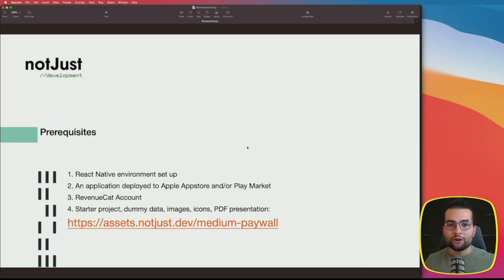If you want to follow along and build the same application as I am doing, which I highly encourage you to do, then you'll need a couple of things. First of all, you need a React Native environment setup. After that, you will need an application that is deployed to Apple App Store and or to the Play Market in order for us to be able to set the subscription there and connect with our RevenueCat account. Also, you'll need a RevenueCat account and as well the asset bundle that I prepared for you, and you can download here at